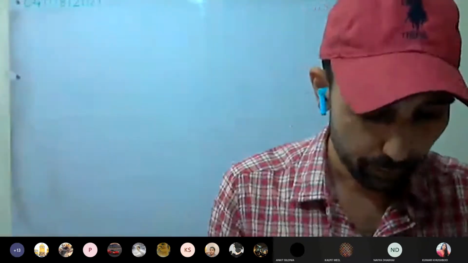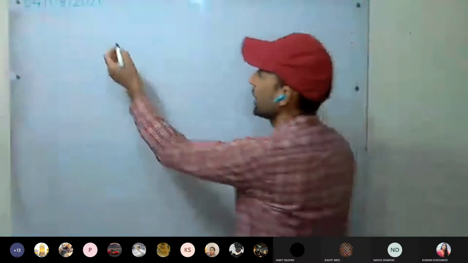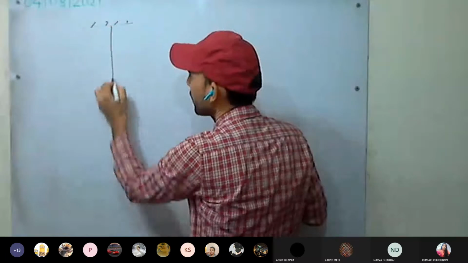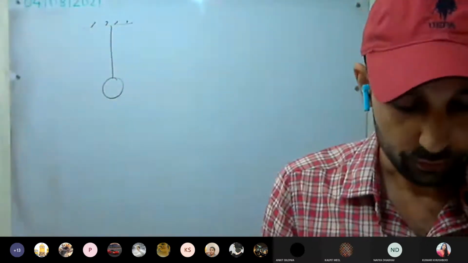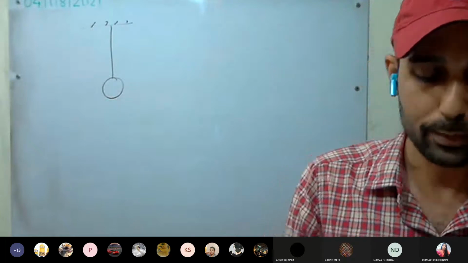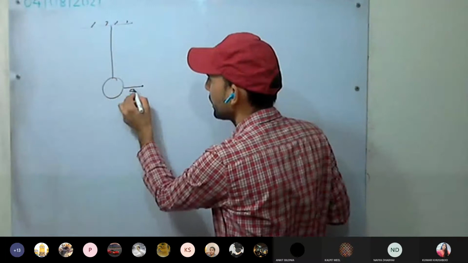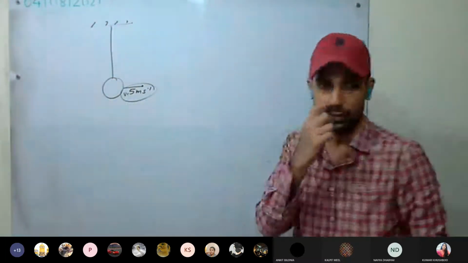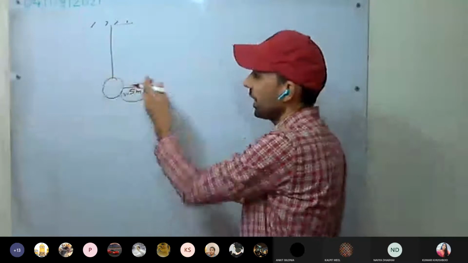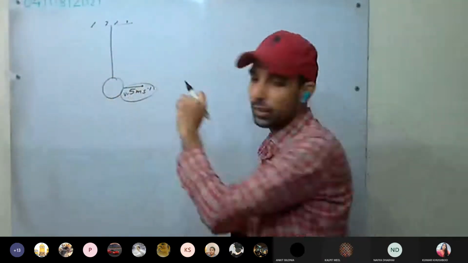The bob of a simple pendulum is imparted a velocity of 5 meters per second when it is at its mean position. So we are having a pendulum and we are having a very cute bob. Okay, circular bob. And how much velocity we are imparting to it? 5 meters per second is the velocity imparted to it. We have pushed it, and it is moving with a velocity. At this mean position, its velocity is this much.